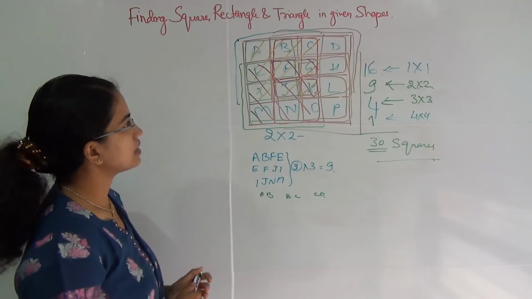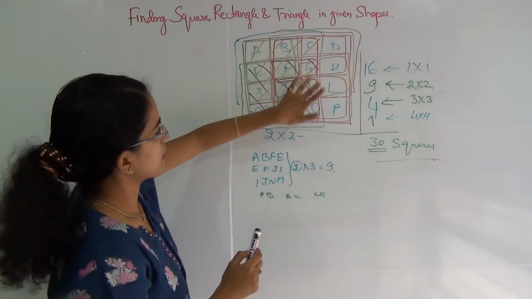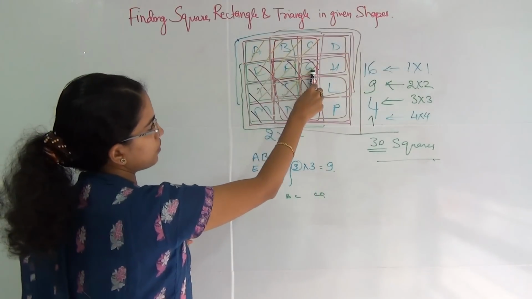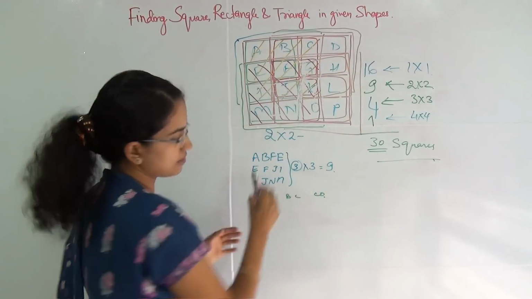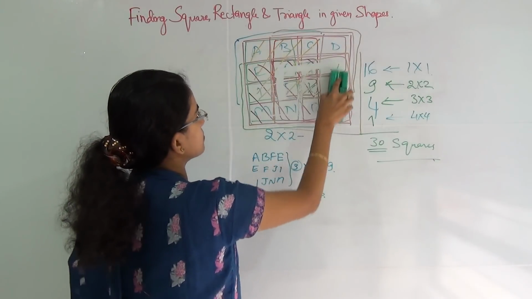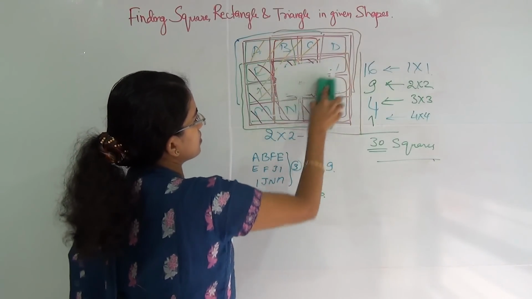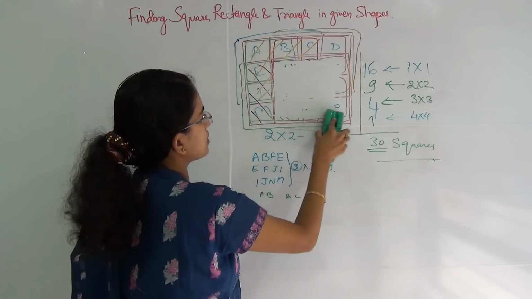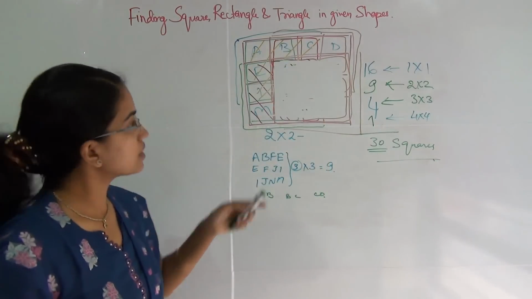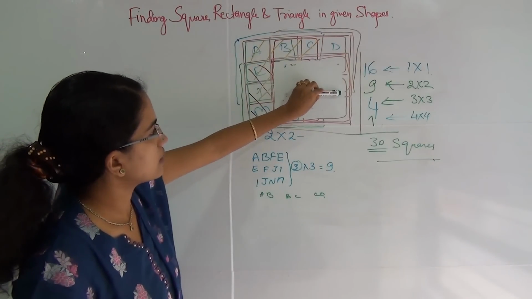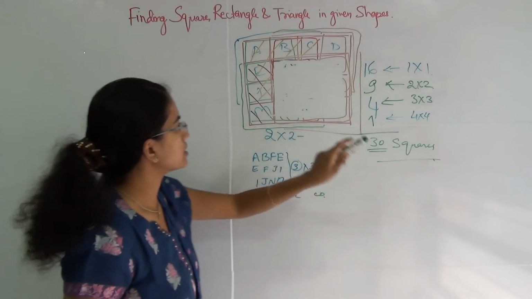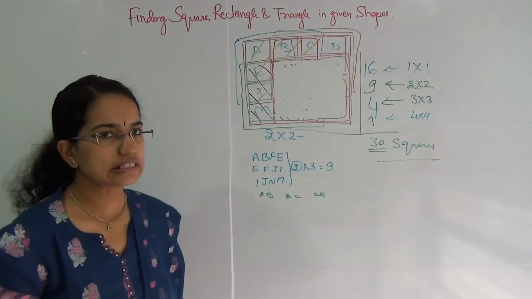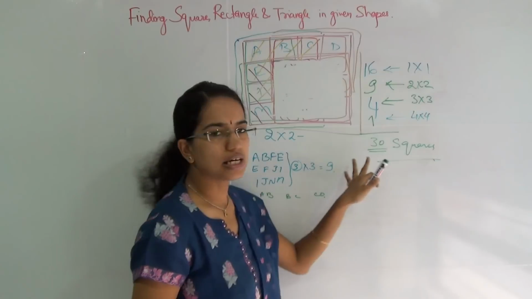And then you will have to form 3 by 3. So that includes starting from here. So this whole section would be 1. This whole section would be 1. Then I do this section as 1. Let me rub from between so it becomes much more clear. So this will form one more square of the size 3 by 3. And similarly, if I start from the top, this would be one more square. So there can be 4 3 by 3 squares and finally one big square of the size 4 by 4. So these are the total number of squares in this figure. So there can be 30 squares.